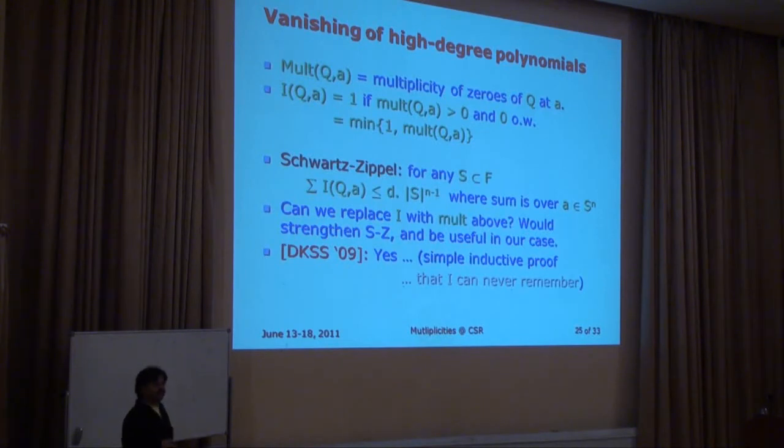Okay, this is the standard thing. How often can a multivariate polynomial be 0? Well, the fraction is d over S. Now what we were able to do, there's a simple proof, but I can't remember it, which says that instead of this I of q at a, which is the minimum of two quantities, I can just replace it by the second quantity and the identity still holds. Okay, so is there a question here? Oh, sorry. So instead of I of q at a, I can just say multiplicities of q at a. If I just sum that up over this box, it will be at most that quantity. Okay, so it's a strictly stronger dominating result.